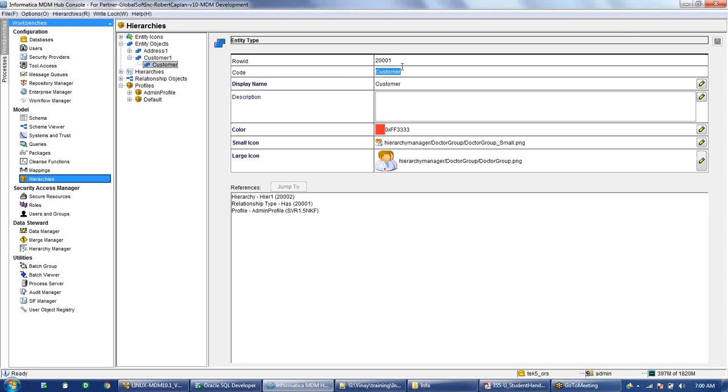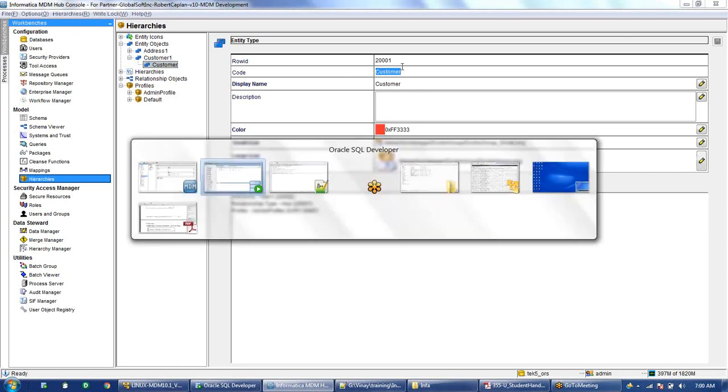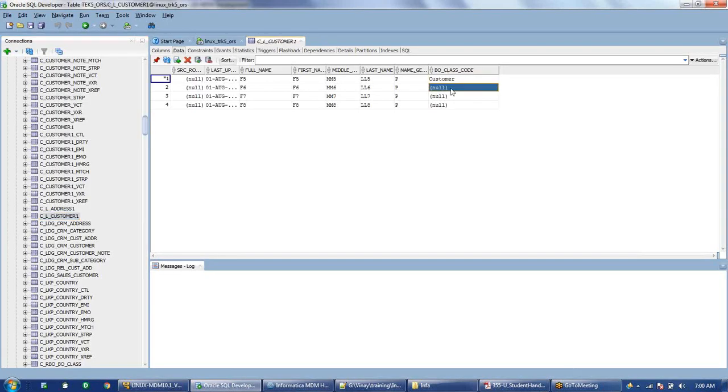I can just copy it and paste it here. I have just a couple of rows, so I'm pasting it; otherwise we can write an update statement which will update all the records.